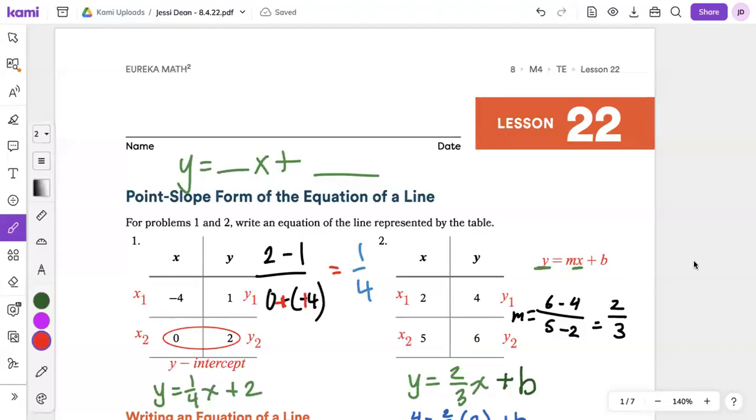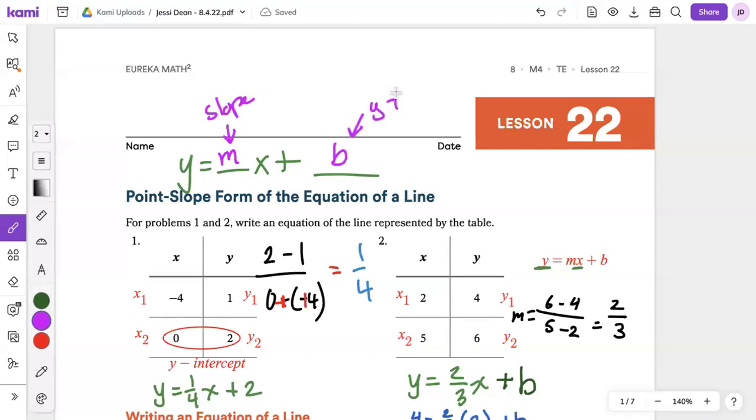All right, lesson 22, point slope form of the equation of a line. So up until this point, we have been using slope intercept form. The names are really easy. They tell you exactly what's in the equation. So of course, slope intercept form is y equals mx plus b, where m is the slope and b